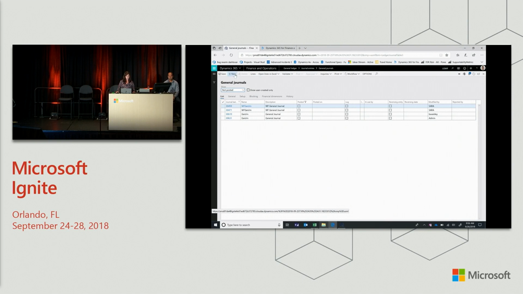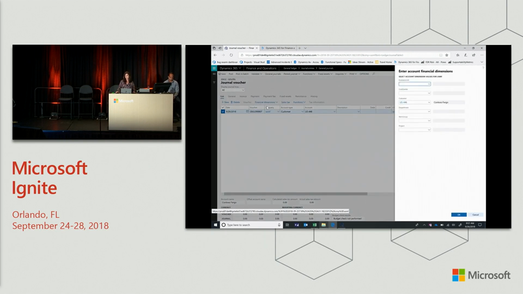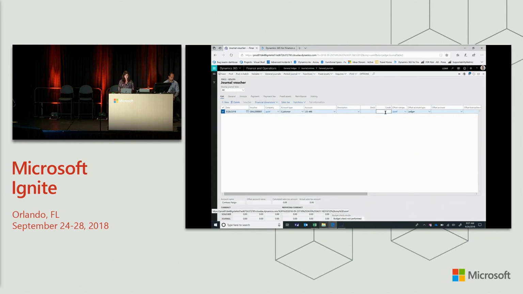If I go to a general journal, just for simplicity, I'm just going to choose a type of account. I'll pick that customer that I just created. Okay, so let me choose an account type of customer. I think I called it 446. Okay. So now I've added this customer account. When I go to financial dimensions, because that setup is happening automatically, my defaulting is happening automatically. So again, reducing the number of steps and errors that could potentially happen with our users. Now as I go ahead and I finish this entry, whatever I decide to enter here,